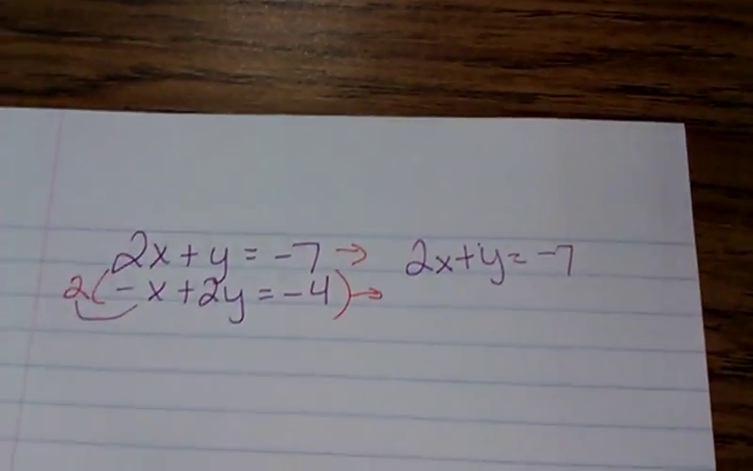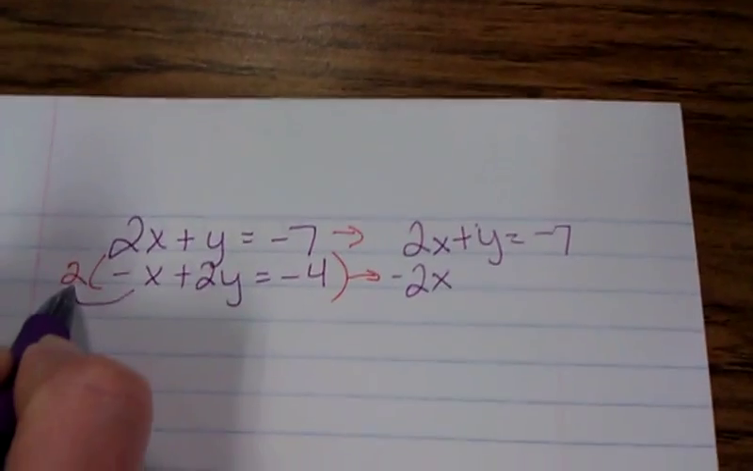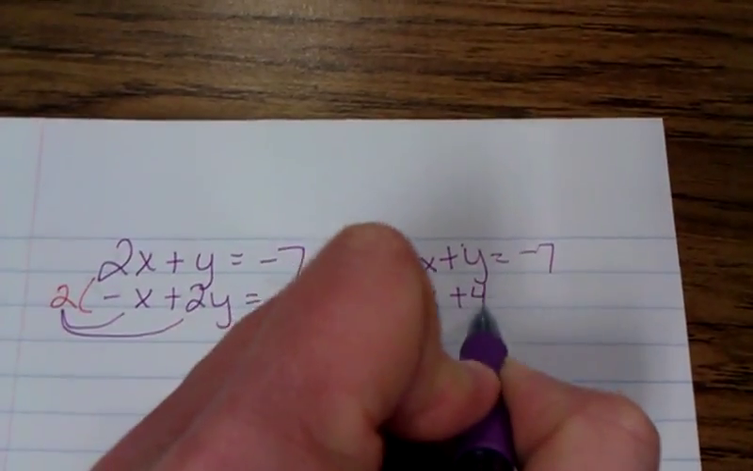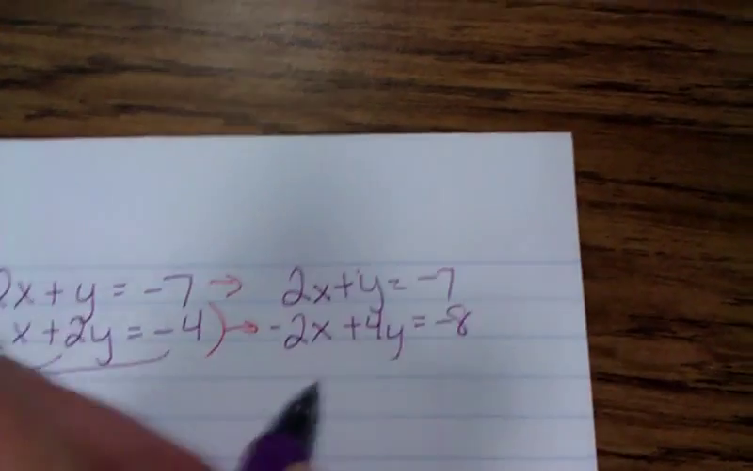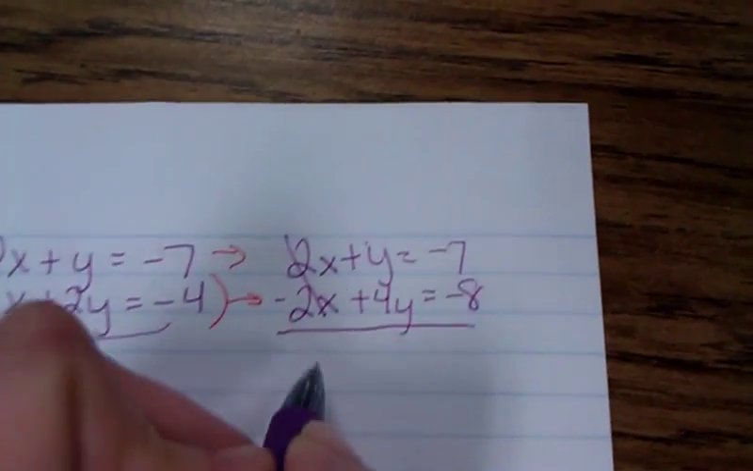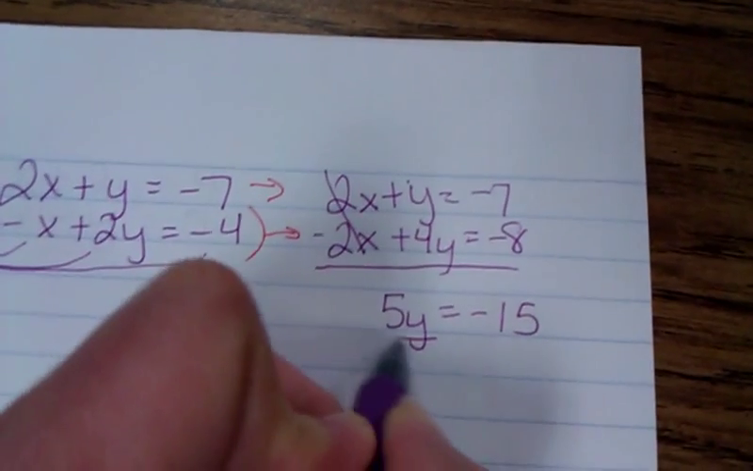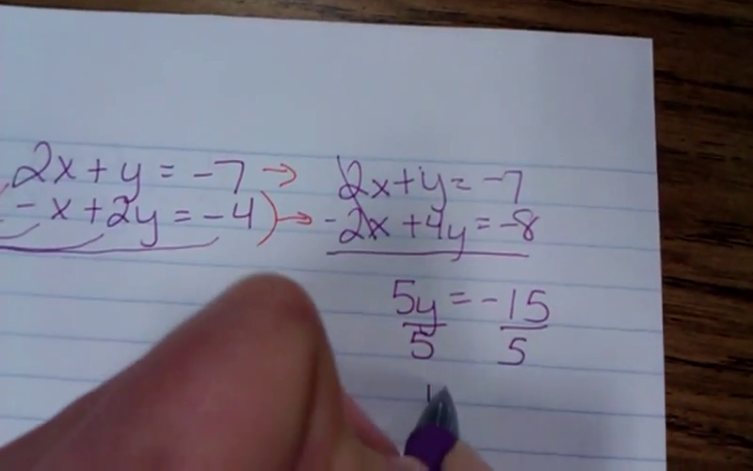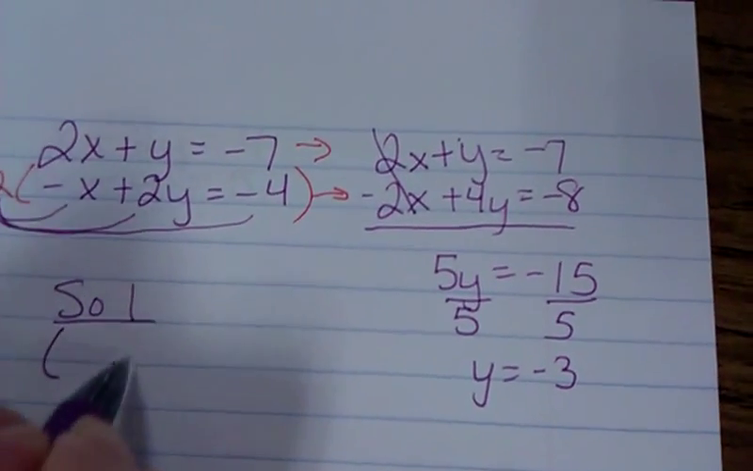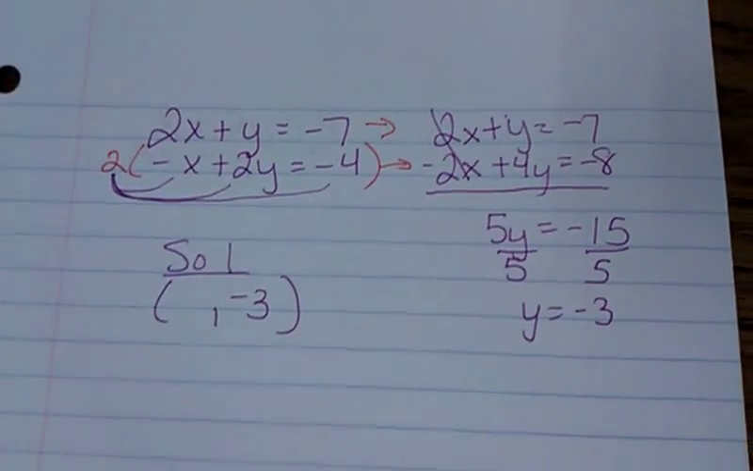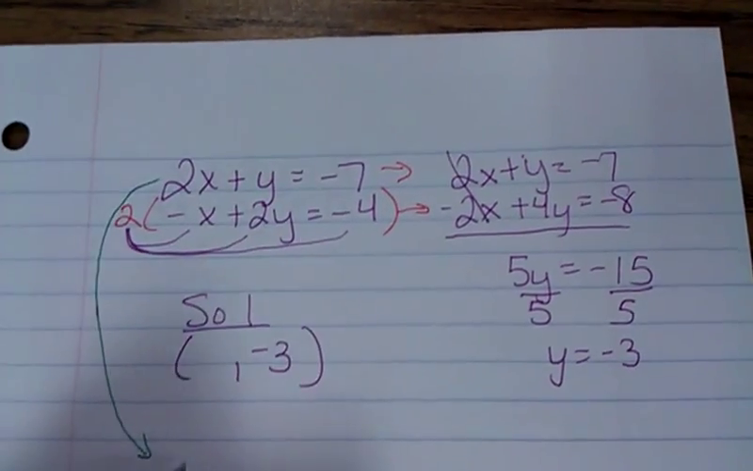Right here, I get negative 2 times x, negative 2x, I'm sorry, 2 times negative x. 2 times 2y, 4y. 2 times negative 4 is negative 8. So now when I combine these and cancel these out, I get 5y equals negative 15. And I'll divide by 5. Y equals negative 3. So my solution, my y number is negative 3, and I need to find out what my x is. I will choose the top equation, just because it's the first one I saw,